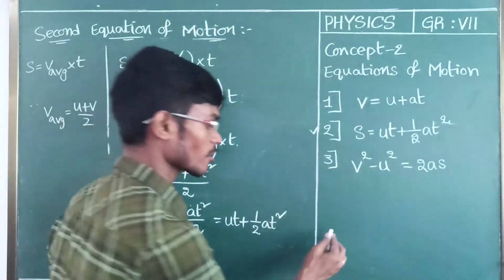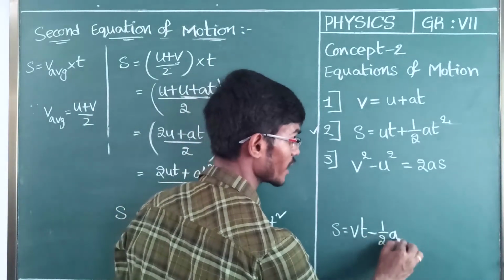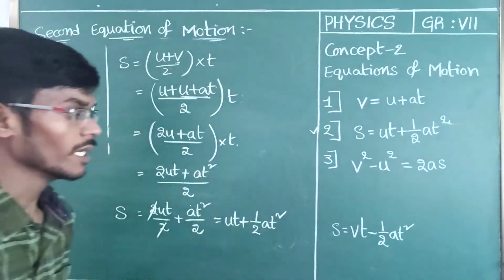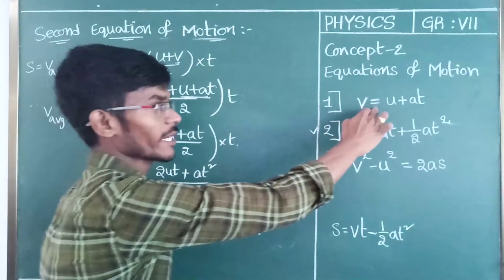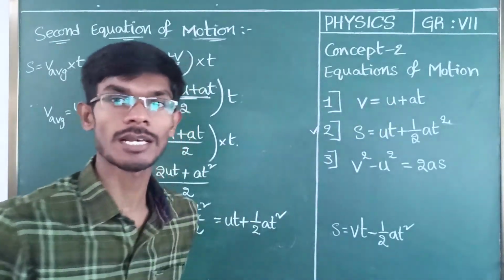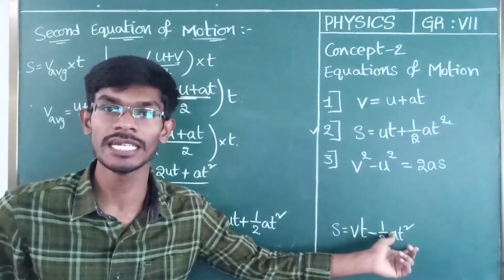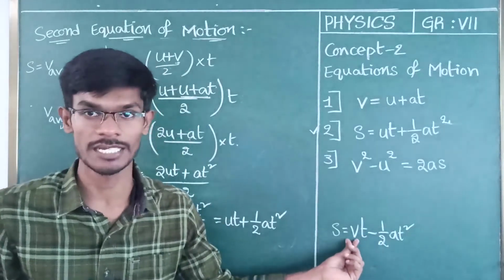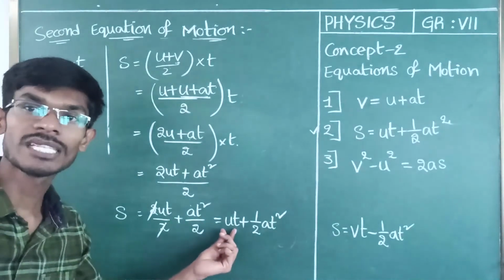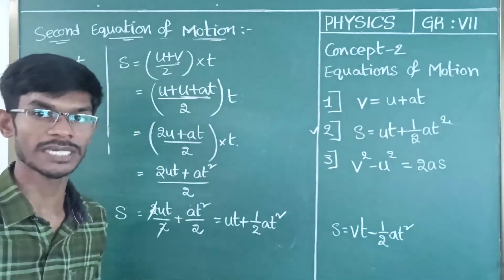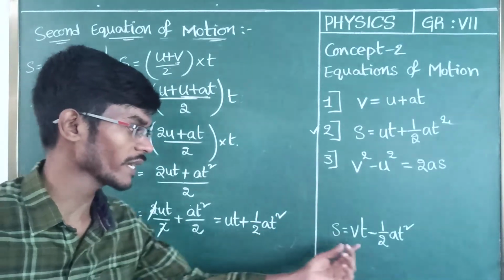And one more also, in terms of final velocity we can consider s is equal to vt minus half at square. Means instead of final velocity, if we substitute it for initial velocity, from this we can write down the initial velocity also. If we substitute that initial velocity, we will get the displacement traveled by an object in a time t with respect to the final velocity. This equation is what? The displacement traveled by an object in a time t with respect to the initial velocity of the object. Okay, this is the difference between these two equations, ut plus half at square, vt minus half at square.